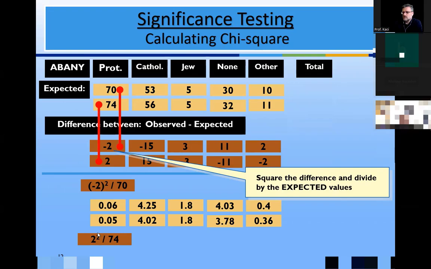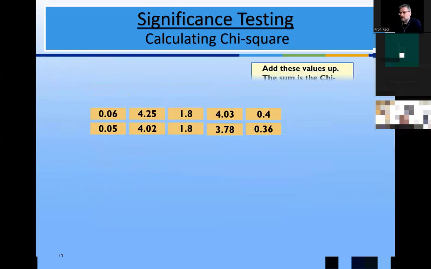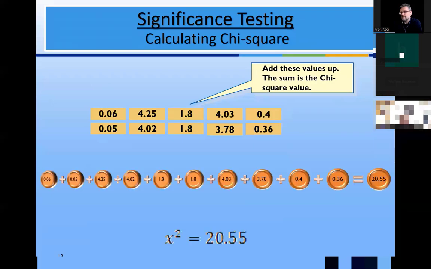Square this other one, right? And divide by the expected. And when you do that, you add all of them. So when you add all of these, then you get the chi-square value. This is not the p-value. This is just the chi-square value. Okay? So when you have this value, right, you go to a chi-square distribution table and you look at the